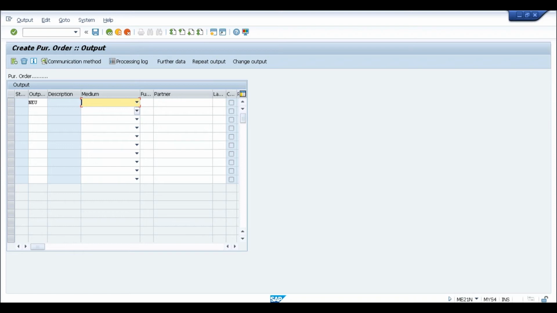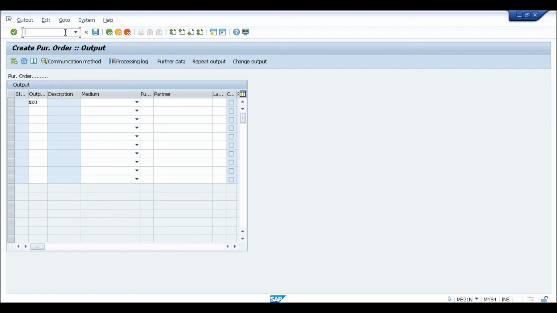Okay. How about the forms? Suppose we have already developed some forms using the NACE model. Can those forms be used with the new model, or do we need to rebuild the forms again? No, forms can be used. Only the way the configuration is done is different. Otherwise, you can still use the same forms. You can still use the same printing programs also. Okay, thank you very much. I'll show you how to assign the forms and programs to the new output determination. Sure, thank you.